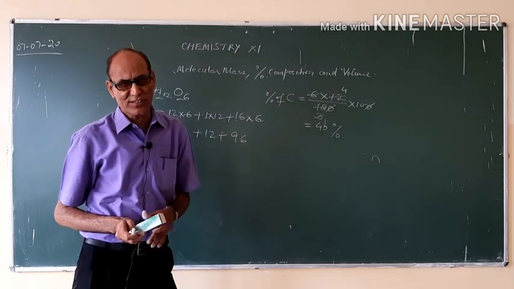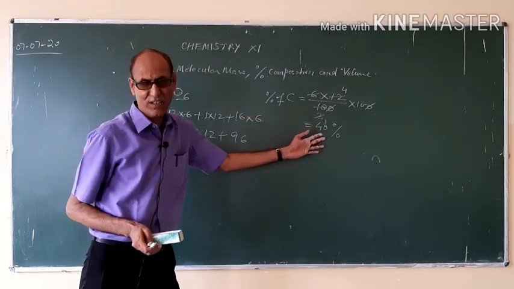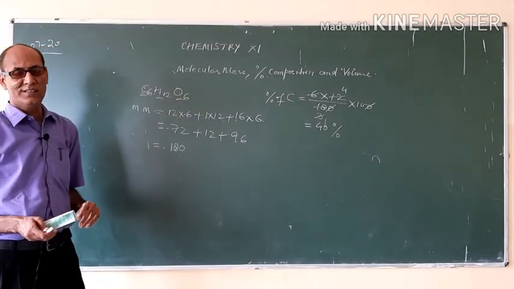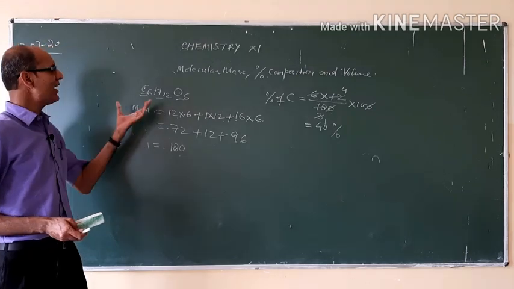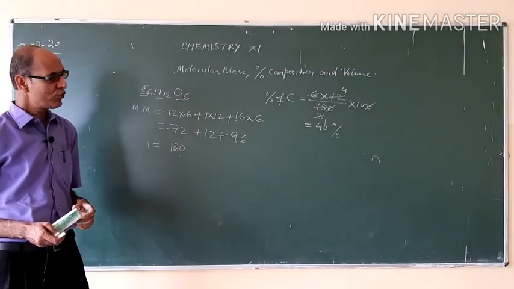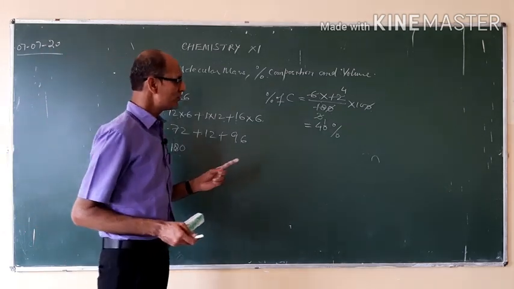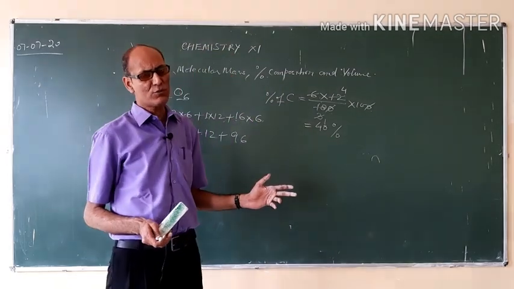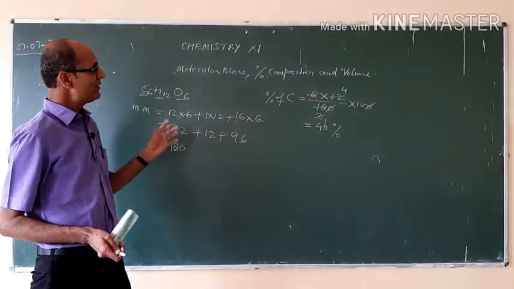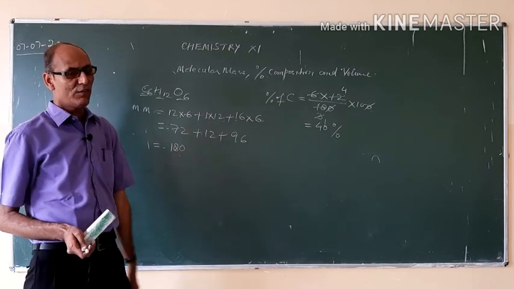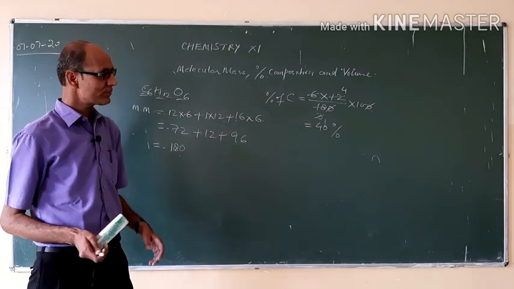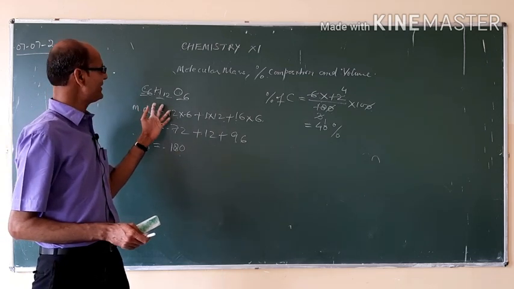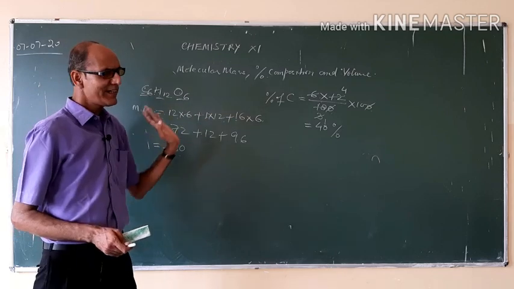What do you understand about the percentage of carbon being 40 in the formula C6H12O6? It means if you want to prepare 100 gram of glucose, you have to take 40 gram carbon. Or if you have 100 gram of glucose, in that 40 gram carbon is there. You can calculate the percentage of any element present similar to carbon.